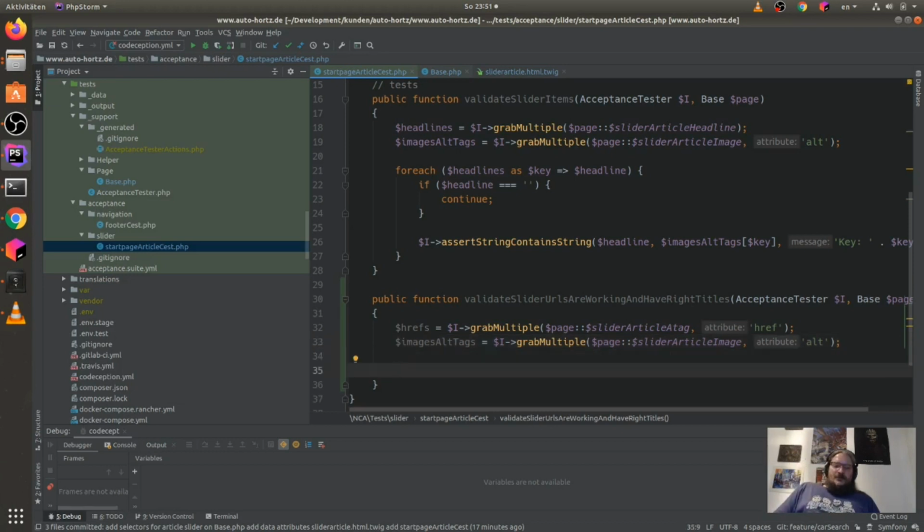And now we will check what will happen here, because we have to iterate through the hrefs. $I, or just a foreach with key statements.